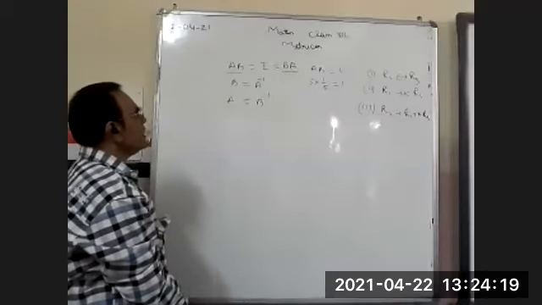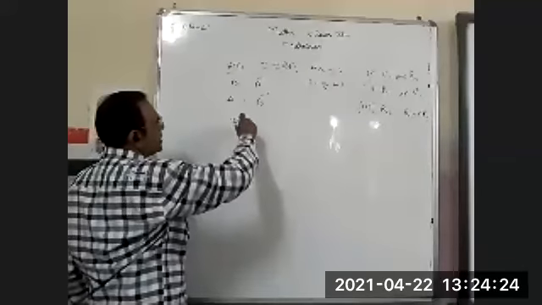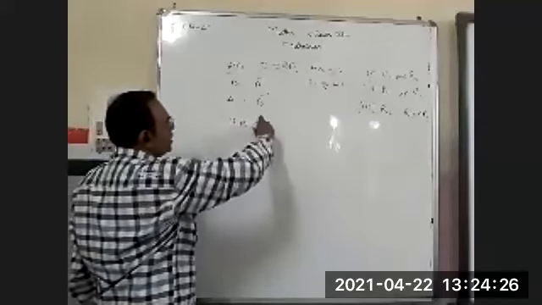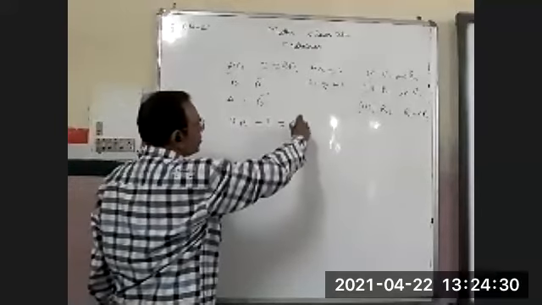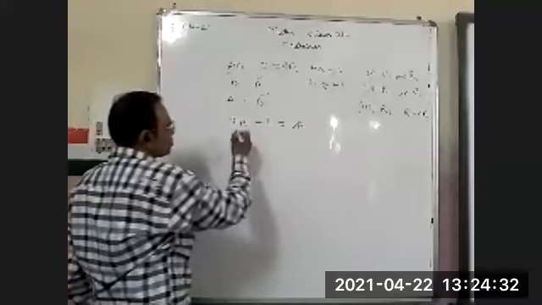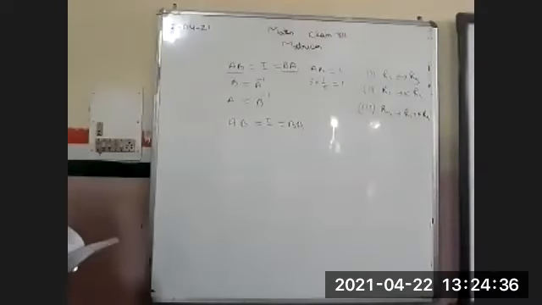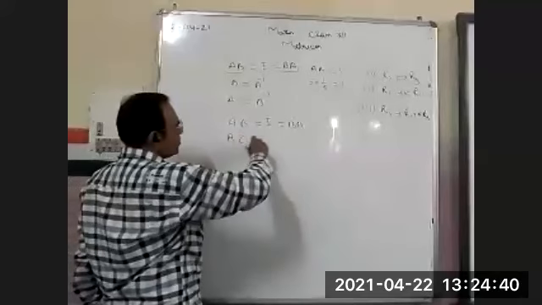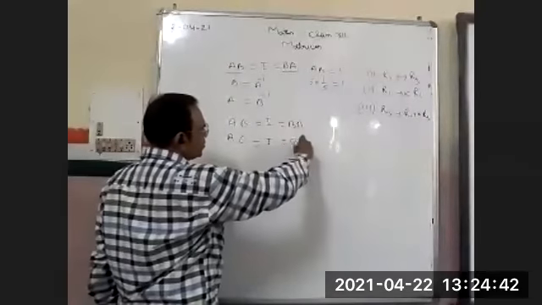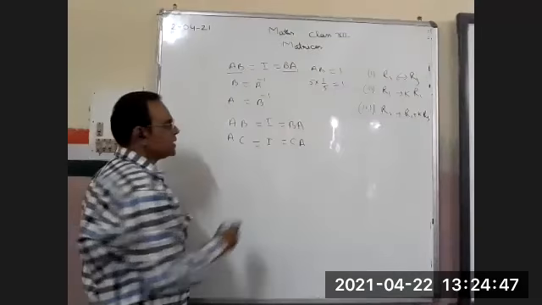Now the uniqueness of inverse. Suppose AB is equal to the identity matrix, so B is an inverse. And suppose there is some other inverse, a different inverse is also possible, suppose C, where AC is equal to the identity matrix and CA is also the identity matrix. So you will get B is equal to C.